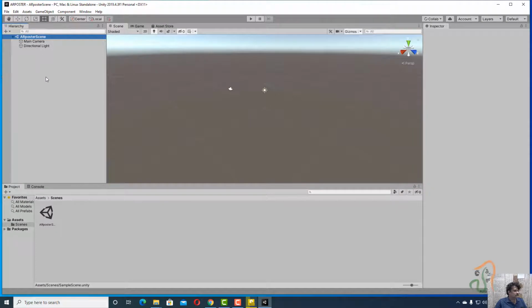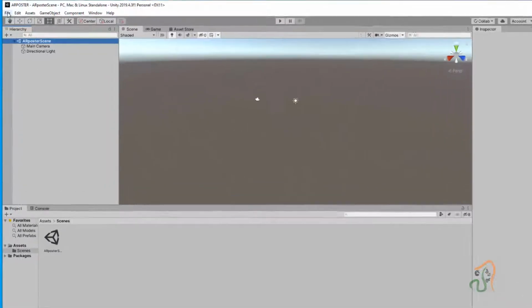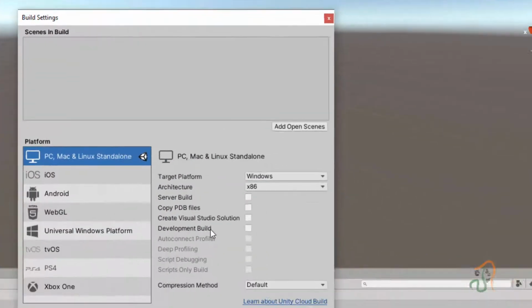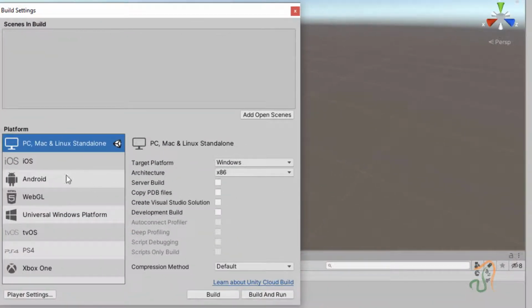Now the first thing is, before we start our project, we have to activate Vuforia. To activate Vuforia, come to File here and choose Build Settings. Vuforia is not meant for PC, Mac or Linux standalone platforms. It is meant for iOS and Android.